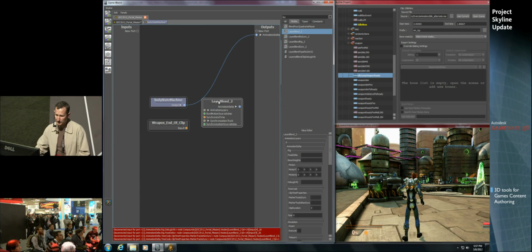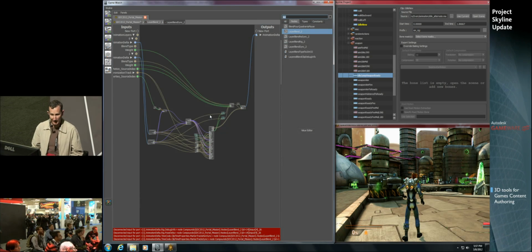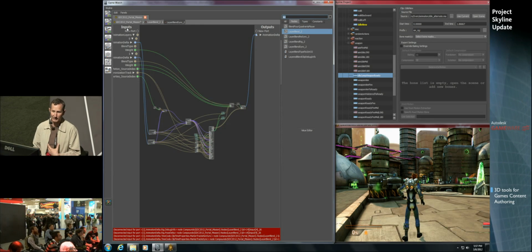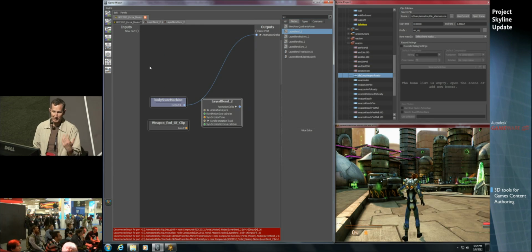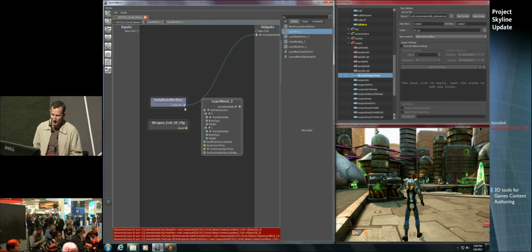If I dive into this, you can actually see that the blend itself is made up of a lot of other nodes, which in themselves are made up of a lot of other nodes. So it's very complex, but again, as an artist, I don't really care. Somebody made this for me, I'm just going to use it. So I'm going to come in here and expose the ports that I care about, which are the input ports